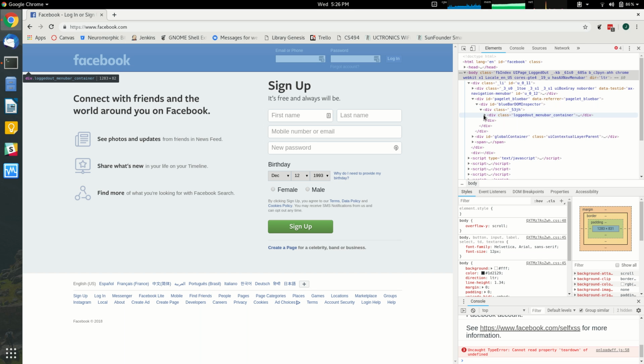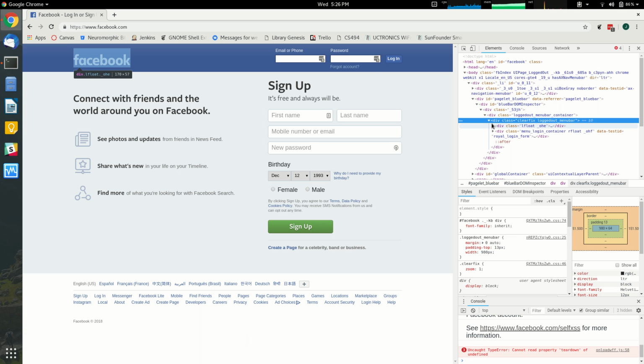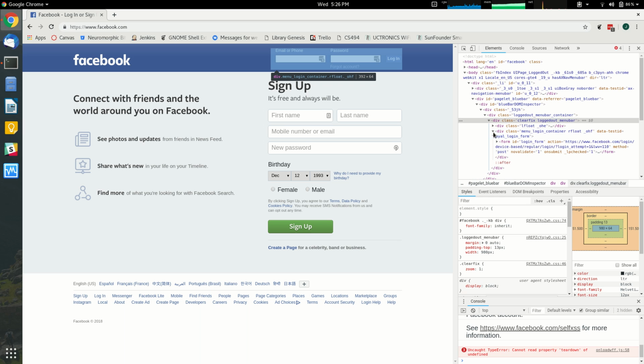And we can keep cascading through these until we see what we're looking for. We're looking for the login button, so that would be in this subsection. And you can see right here, it says form ID login form, action equals this login page here. So this is what we're looking for to replace. We want to change this action equals to run our own script. So we're going to go about that back in the text file